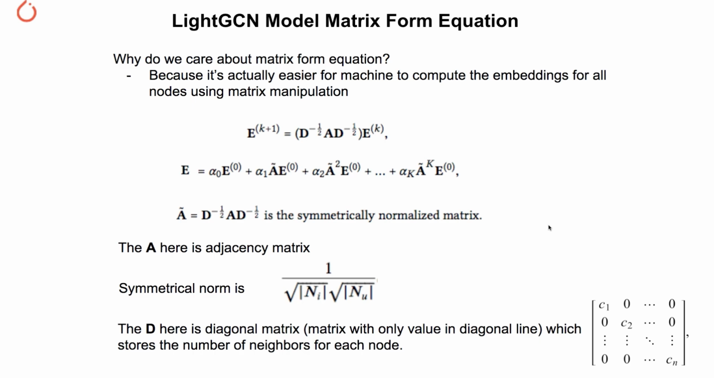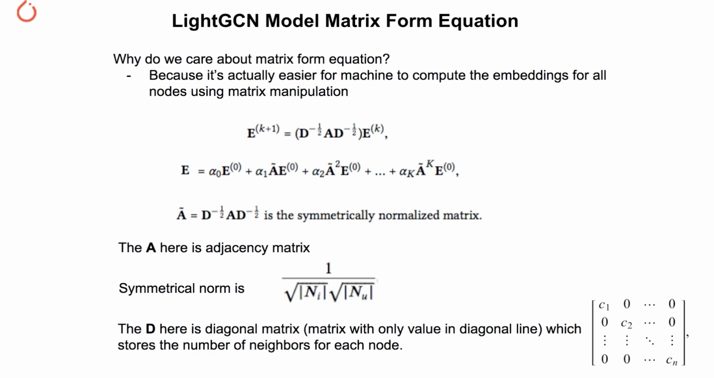So this is the LightGCN model matrix form equation. Why do we care? I know many people hate linear algebra, including me. I think a big reason is because it was taught out of context. So now when you need it to understand deep learning, a lot of that knowledge is gone. But it's actually very, very important to understand those,